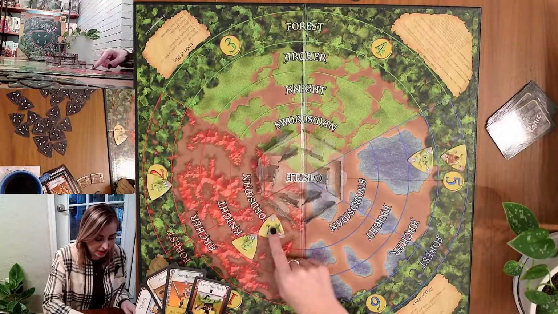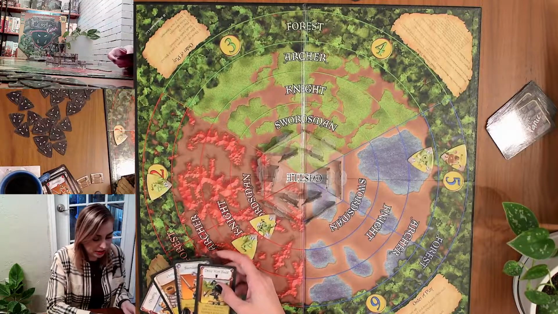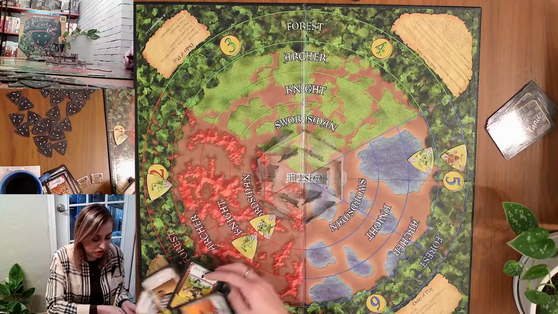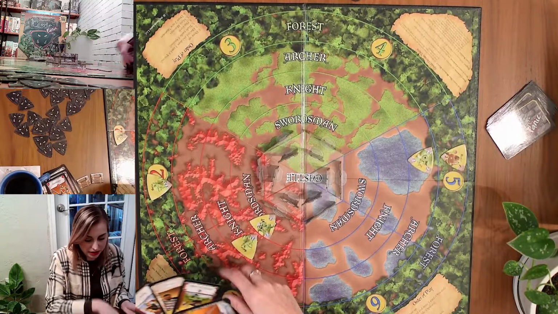So that will take this guy down to 1. I have a mortar. I'm missing a blue swordsman, so I want to hang on to my blue swordsman because I have blue coming up. I have a drive them back. I have a mortar and a missing. So I think